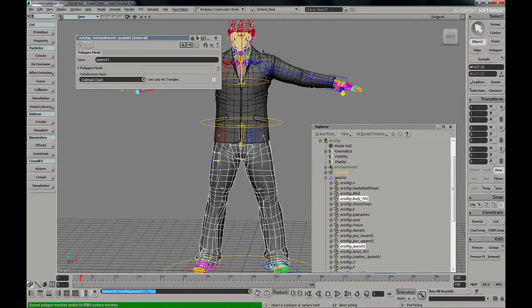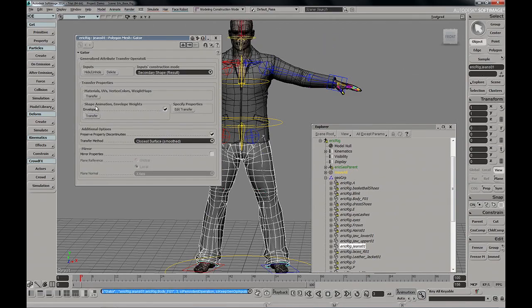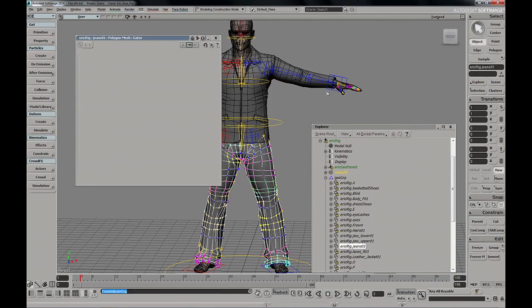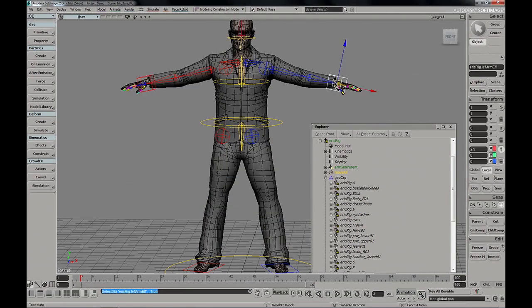I'll pick the body as a reference here, right click, and then just jump in and transfer the envelope weights across. So transfer. So this is pulling everything, shape and envelope weights. He doesn't have shapes on them at this point, so it doesn't really matter. You can always specify which properties you want to transfer, whether you just want to do envelope weights, just send UVs or materials over. So again, I'll just freeze that, and if you have a look at the result now,